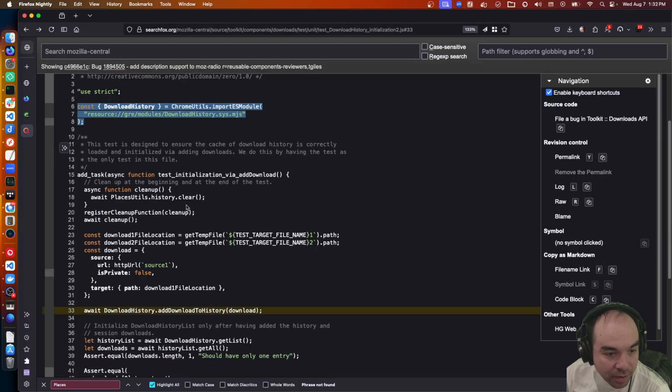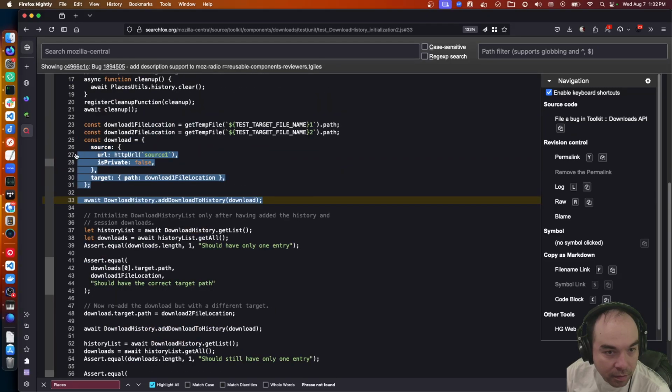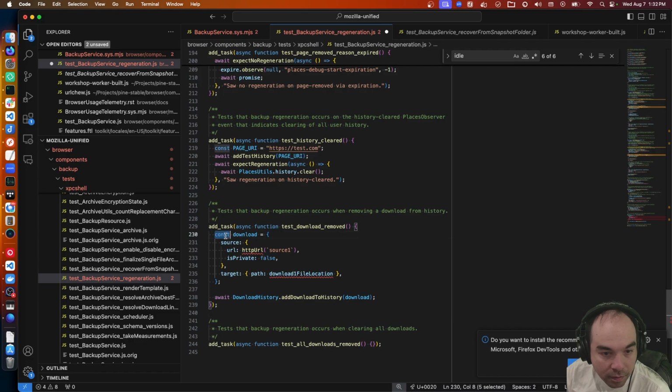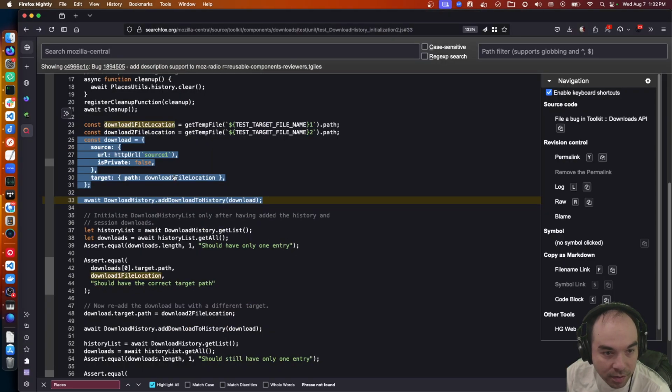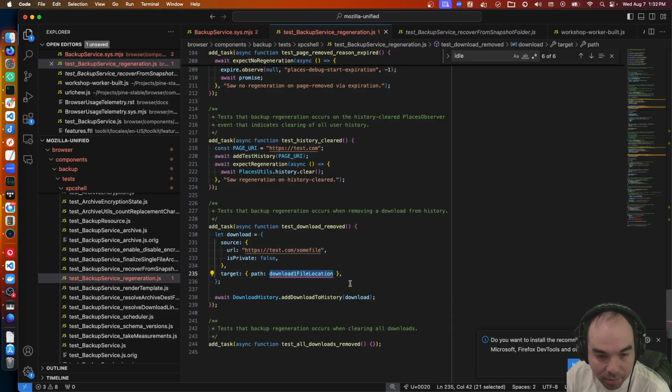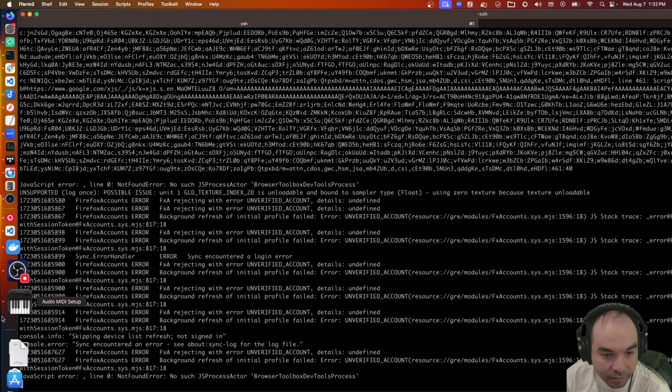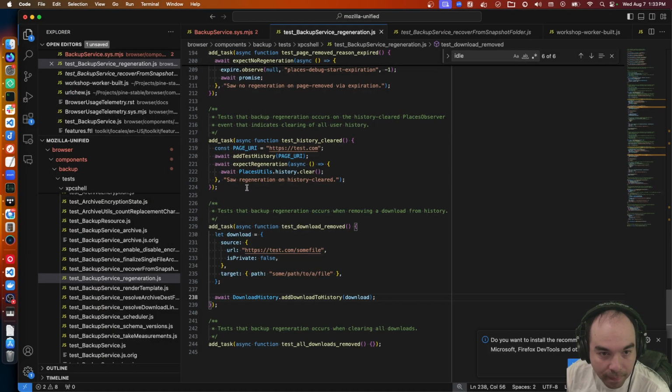So let's add a test download. Download. And the URL will be https://test.com/some file, private false, and then the target download one file location. Do I need to supply some path to a file? Does that work? Can I do this? If I do that, and then